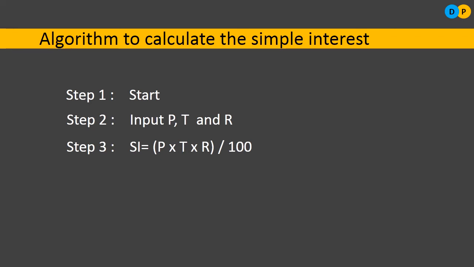Step 3, now let us go for computation. Simple interest SI is equal to P into T into R divided by 100. Followed by step 4, we will be displaying the simple interest. Display SI. Followed by step 5, stop. So this is the algorithm to calculate simple interest. Here, in order to calculate simple interest, there are 5 steps. It's not necessary that I should consider only 5 steps. I can even go with only 3 steps, or I can consider 10 steps. But each and every algorithm should